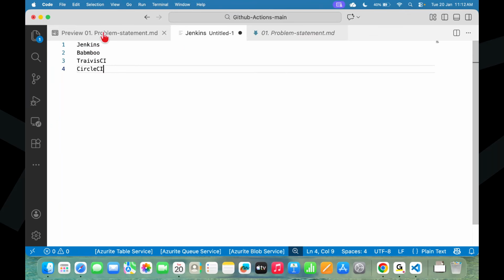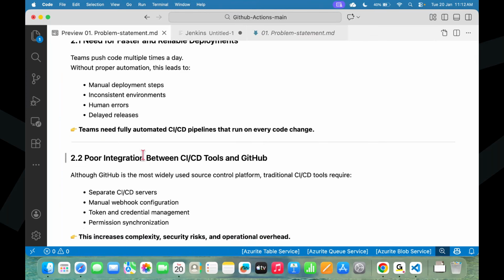But here, the problem with this is there is a poor integration between an SCM repository like GitHub and CI/CD. Suppose you are using CI/CD tools like Jenkins or maybe Bamboo or maybe something else. But here there is a poor integration between the CI/CD tools and source code management. Although GitHub is the most widely used source code platform where we maintain the source code, the traditional CI/CD tools like Jenkins or any other tools require